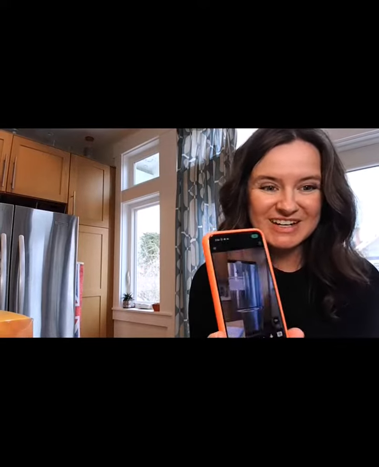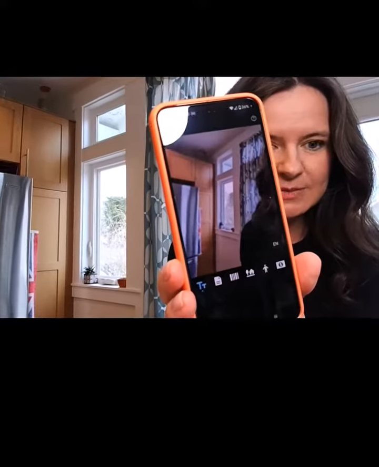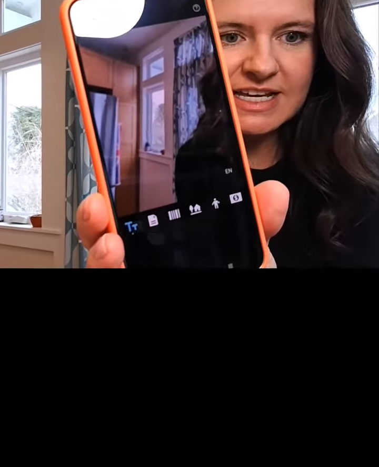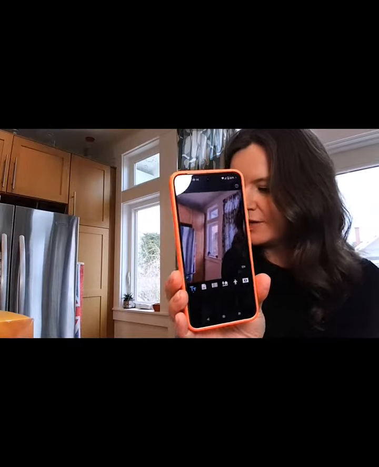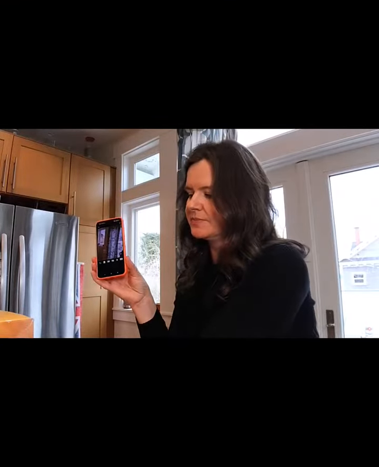When I open up the app, short text, it already starts reading. You can see the options at the bottom, short text or long text, looking at a person, a barcode, or money. So if I put it on our recipe,